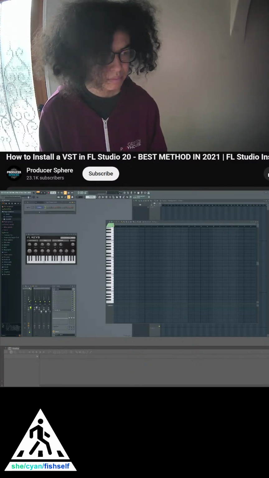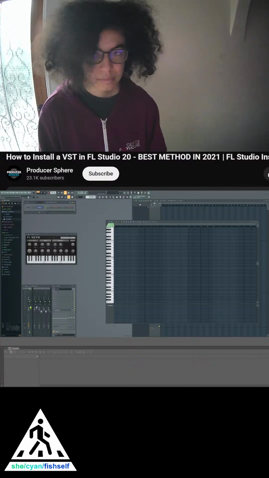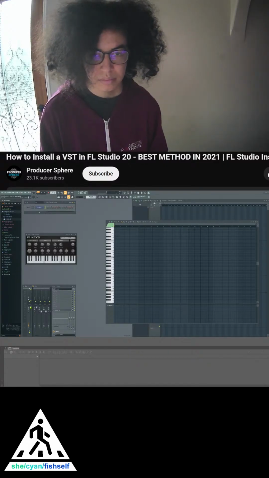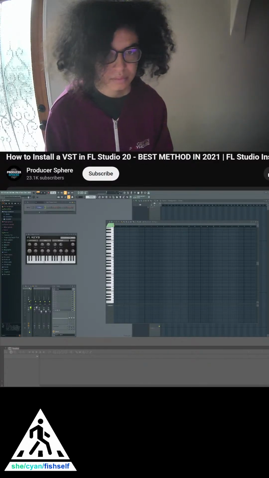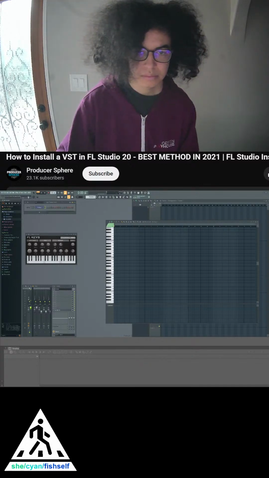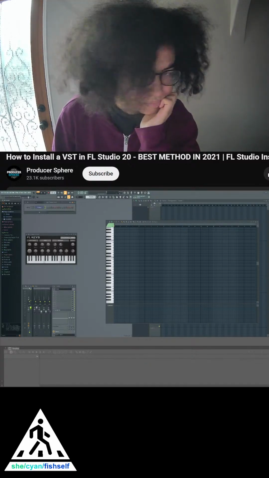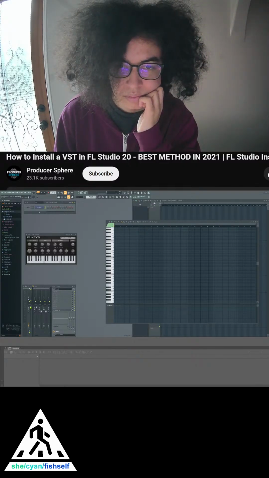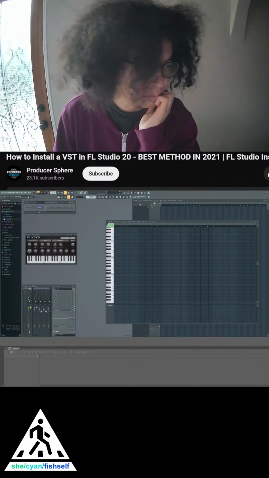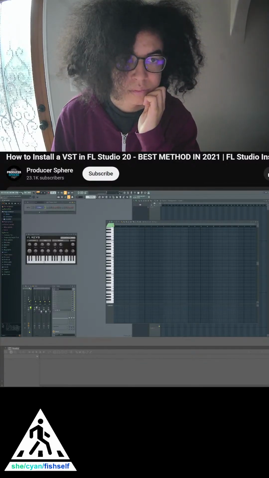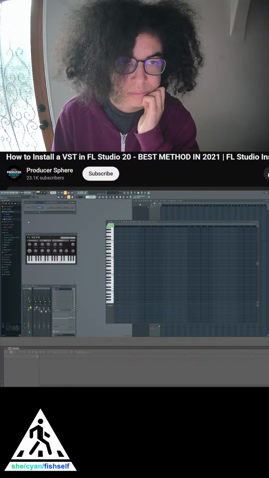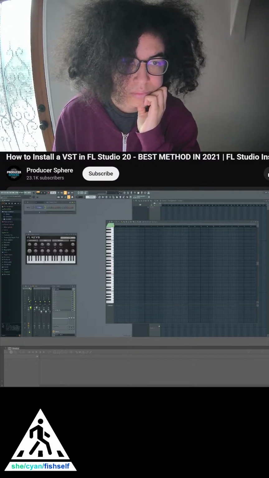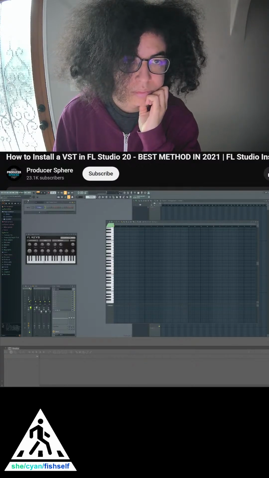Or in the Steinberg folder in your program files. However, 99% of the time, you don't need to worry about this. FL Studio will just find the plugin for you. So to actually open and use the plugin inside FL Studio, go to Add up here and select Manage Plugins. This will bring up a list of plugins you've already installed in FL Studio. And if we click Find Plugins up here, FL Studio will search your computer for new plugins it hasn't come across before. Once it's done searching, we can then scroll down the list and the plugin will show up in